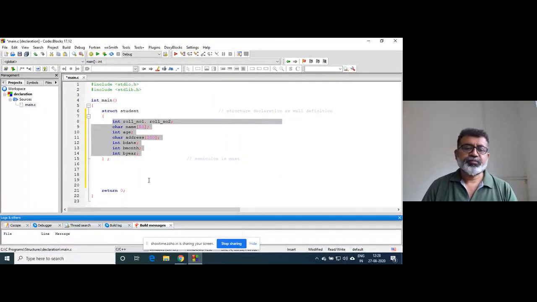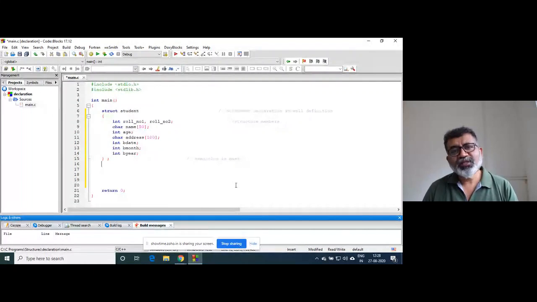Now, since this is a structure, it doesn't take any space in the memory. That might be surprising. But see, this is just a template. This is just the design. Design doesn't take space in memory. What I mean,